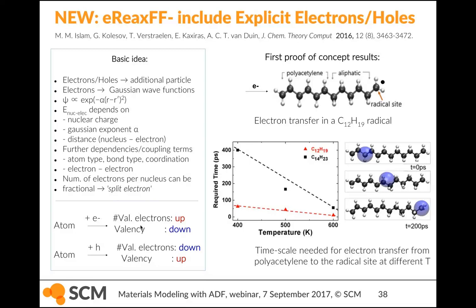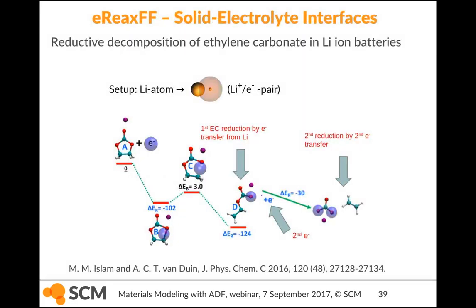And in a proof of principle, eReaxFF has been used to model charge mobility through aliphatic chains. So this blue blob here is an electron at t equals 0, and then you can see how that moves through your chain as time progresses. And so the calculations for the mobility in this chain are not too bad in terms of what has been established experimentally for two different aliphatic chains here. So that was a proof of concept, and then subsequently it has been applied to